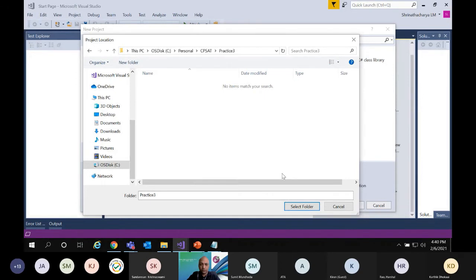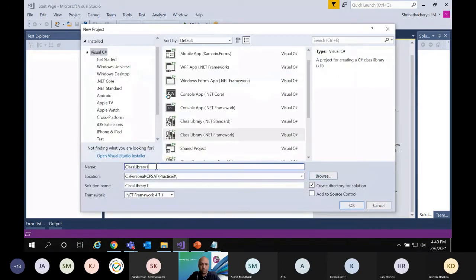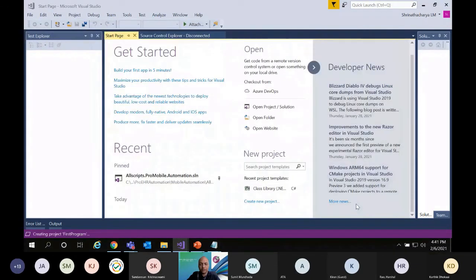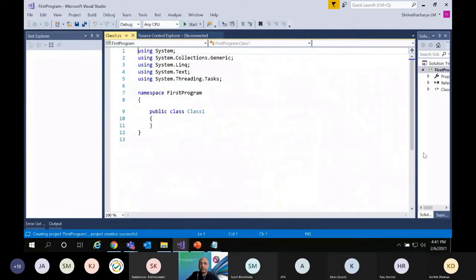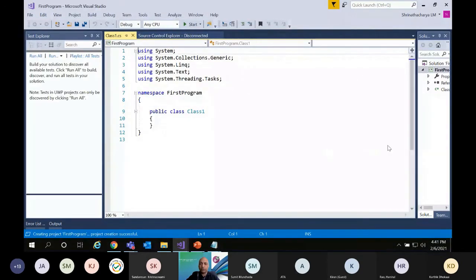So this is my first program. I'm naming it my first program and storing it in the folder practice 3. The class library project is nothing but a DLL project.